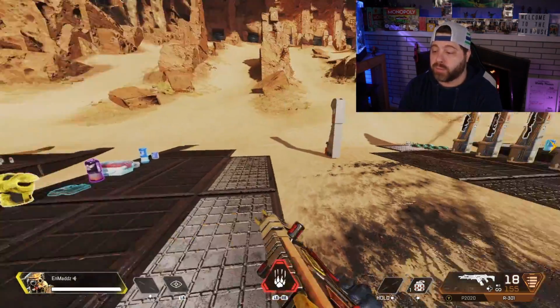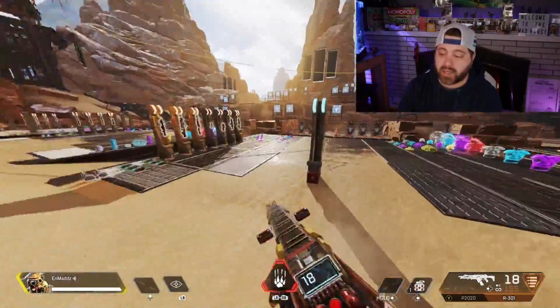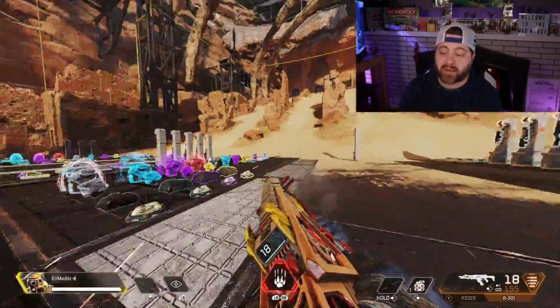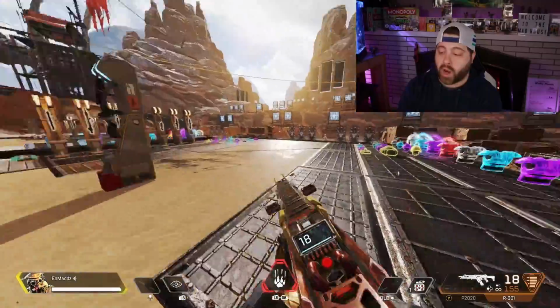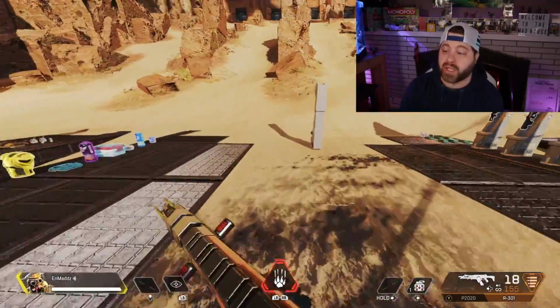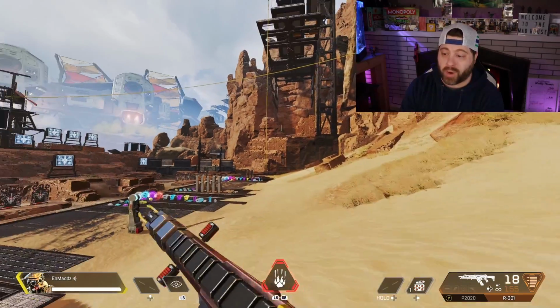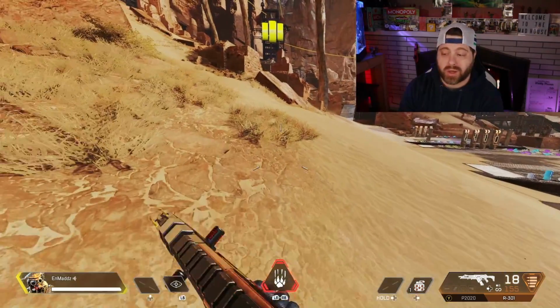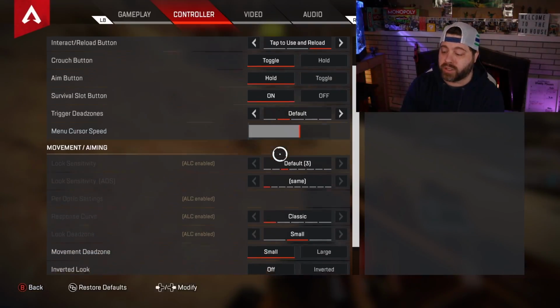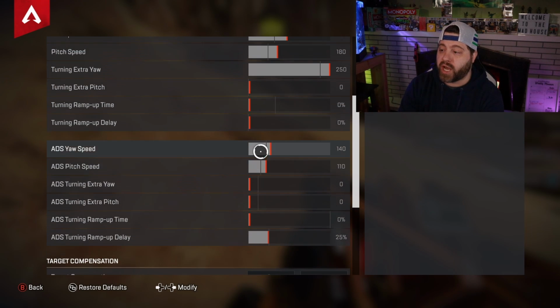And then when it comes to movement, like I said, it's going to be one of those things that you're going to have to play with, right? Whether or not your yaw speed and your pitch speed for your movement is too high or too low. If you want to speed it up, then go ahead and speed it up. If you want to run around like Asu, go ahead and run around like Asu. Like here we go. We're gonna try, or Timmy. Here we're gonna watch. I'm gonna jack my